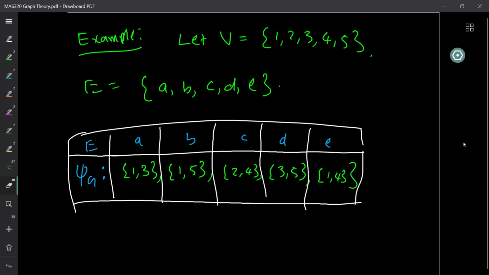We have a set, let's say V equal to {1, 2, 3, 4, 5}, and then we have a set E, which is the set {A, B, C, D, E}. Then the incidence function psi G basically associates A with the two element set {1, 3}, B with the set {1, 5}, C with {2, 4}, D with {3, 5}, and E with {1, 4}. Now, so here is the graph. V is {1, 2, 3, 4, 5}, and then you have these binary relations 1 3, 1 5, 2 4, 3 5, 1 4. These are the edge relations